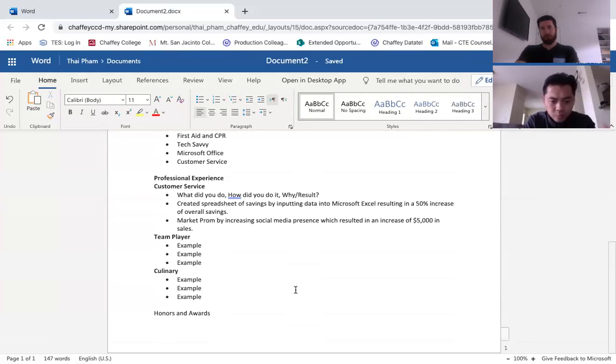So with school, I'm going to put University of La Verne. The award that I received was called Alpha Chi, which meant I was in the top 10% of my class. And I received it from fall 2016 to fall 2017.